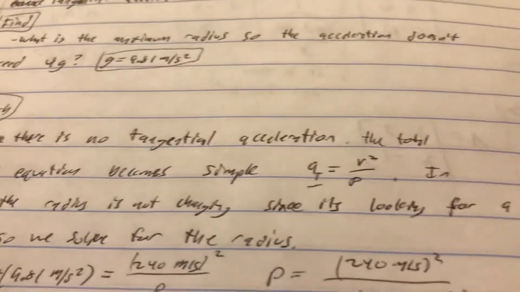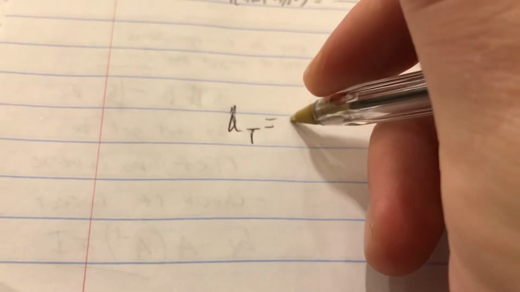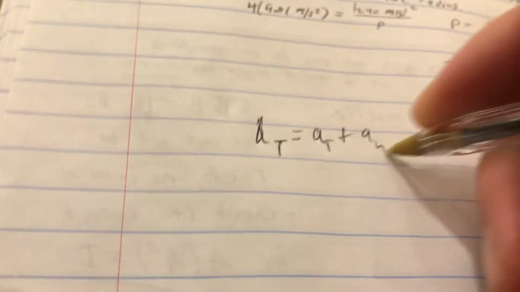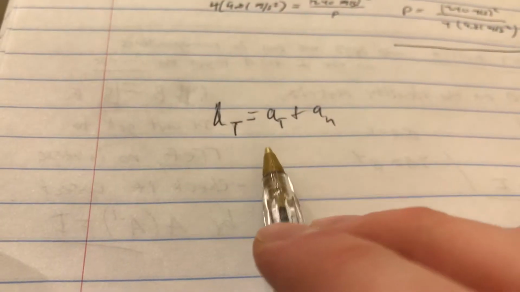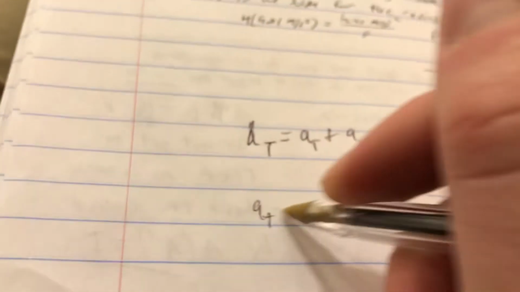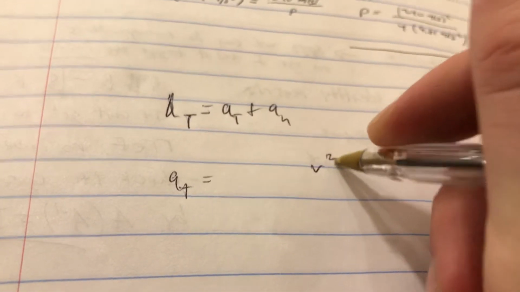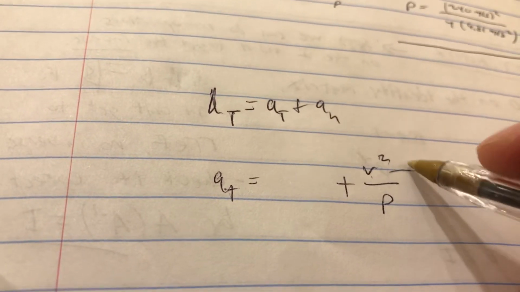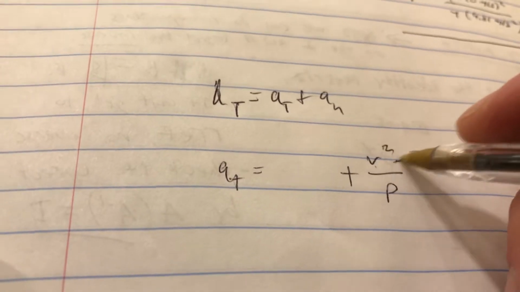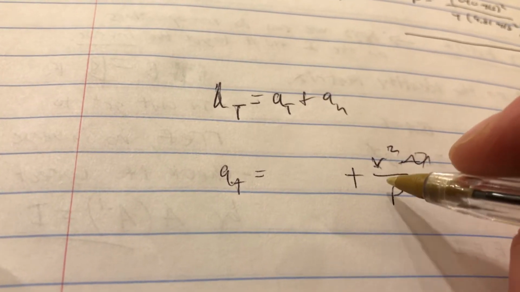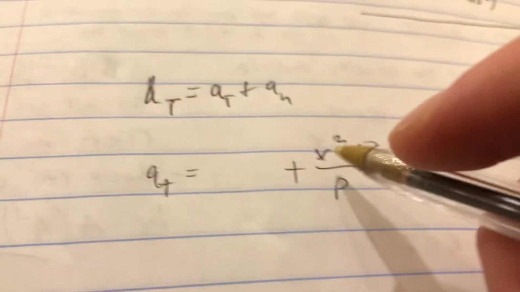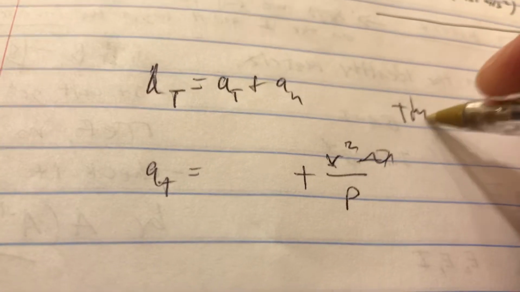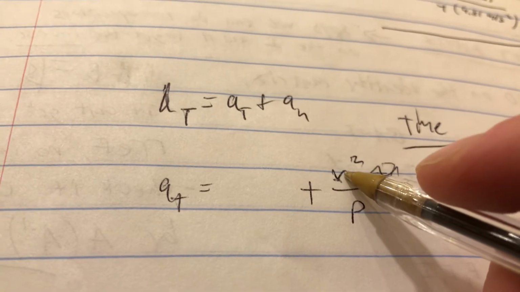Simple problem. If, and I'm going to change this a little bit, there was a tangential acceleration, that means that a total would equal a tangential plus a normal. So to solve this, we would still have v squared over rho over here, but my v squared is now changing. So I wouldn't be able to use just the constant velocity here. They would either have to give us a time, so that's one thing we would need, a time at which this velocity is acting,